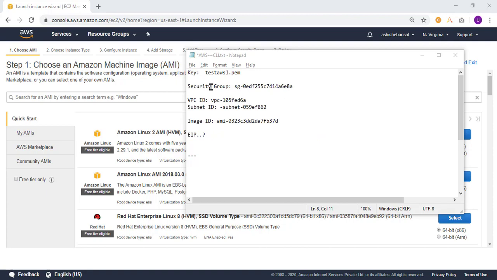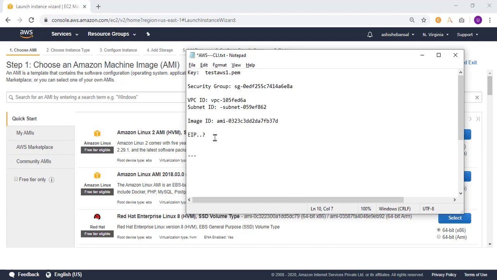So now if you see my screen, we have the key generated, then we had already generated our security group, then we generated our VPC, and from VPC we applied filter and query, and we were able to get our subnet ID, and just now we have seen how to get the AMI ID. That's the image ID.